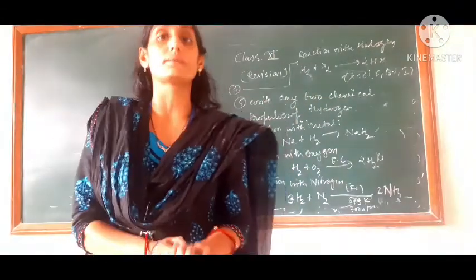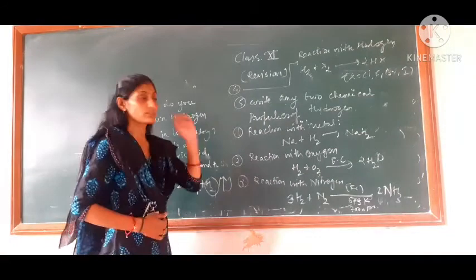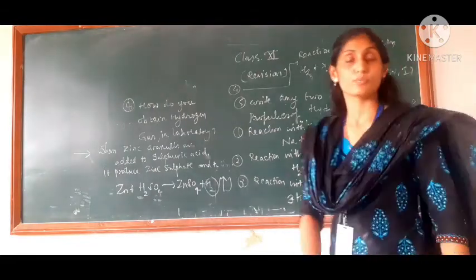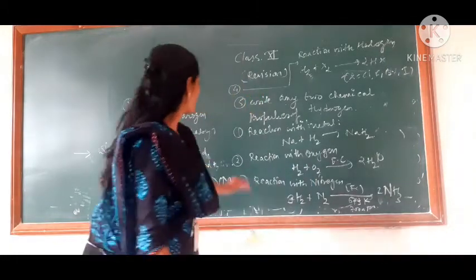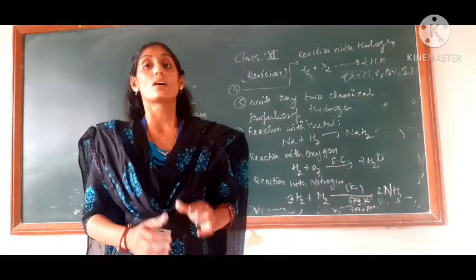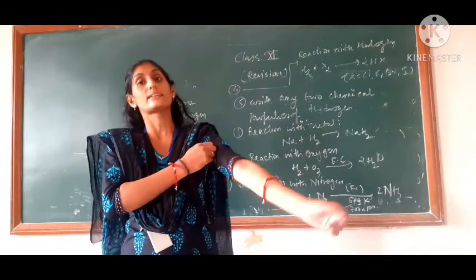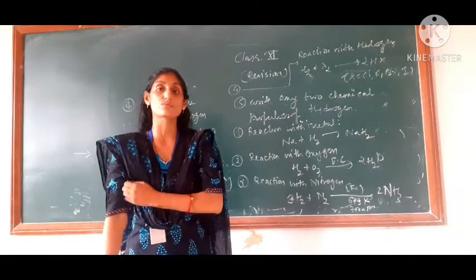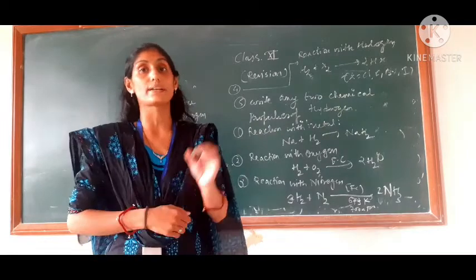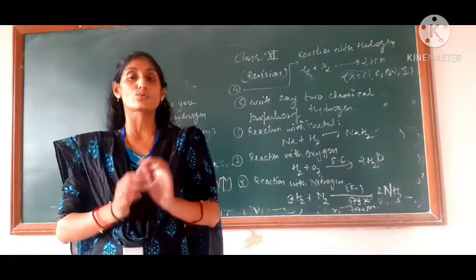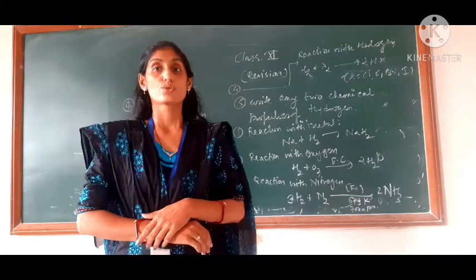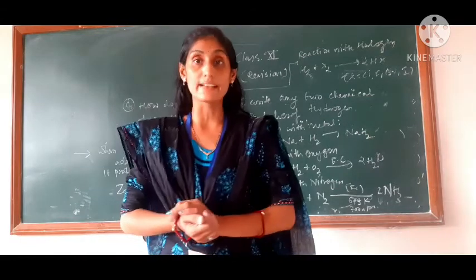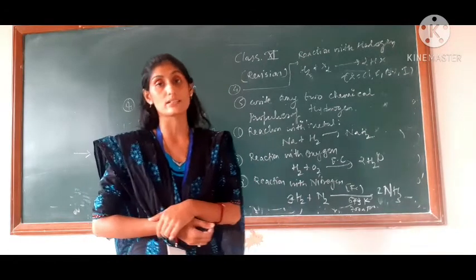So this is about the particular chemical properties: reaction with metal, it forms metal hydride. Reaction with oxygen, it is going to produce water itself, which is the very next topic of this chapter. Now reaction with nitrogen, it is a very known process which we have to learn in 12th class, that is Haber's process. In Haber's process the temperature required is 673 K, the pressure required is 200 atmospheric pressure, and the product formed is ammonia. Now where it is used? It is used as a fertilizer, formation of the fertilizer components.